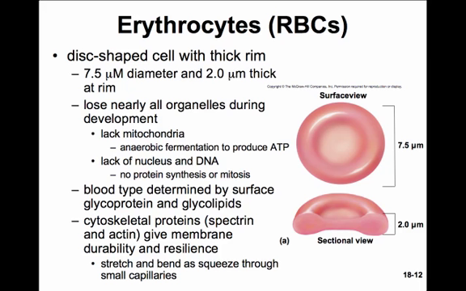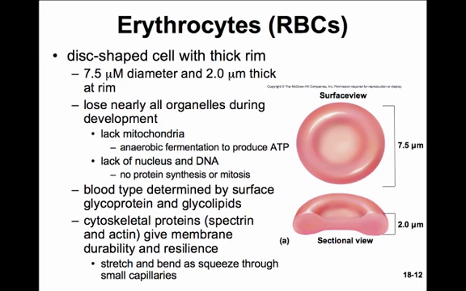So the lifespan of a red blood cell is going to be fairly short. The blood type of an individual is determined by the surface markers. There are glycoproteins and glycolipids. There are cytoskeletal proteins inside called spectrin and actin, and they give the membrane durability and resistance and hold the